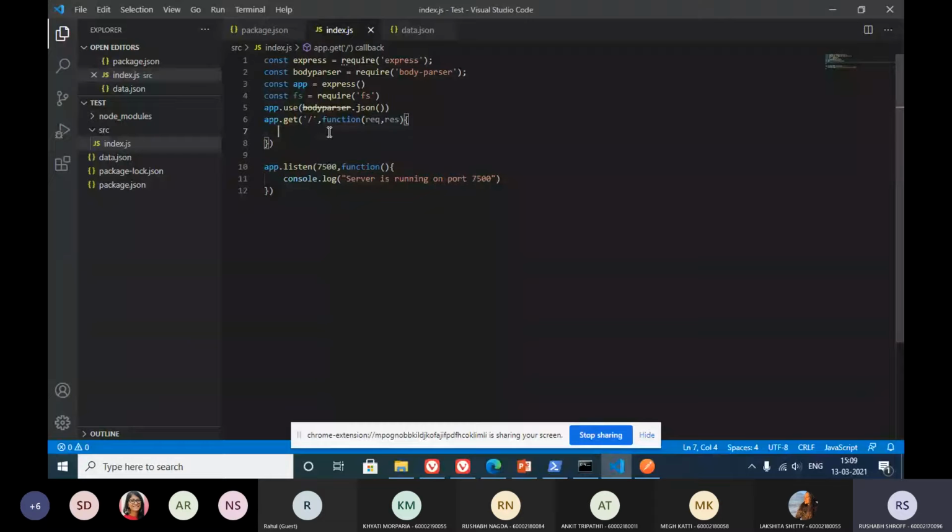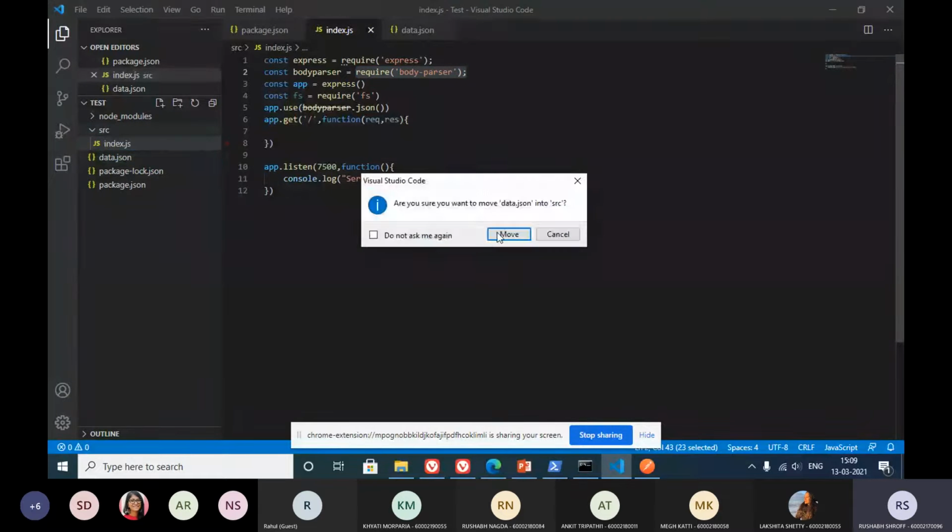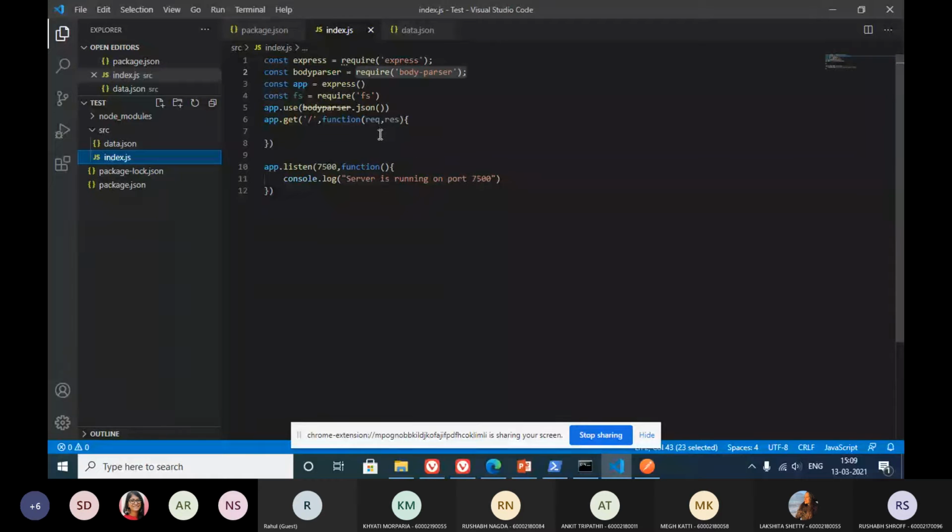There's another way also. By using this require method, you can require JSON files, but let's say our file is not in the form of JSON, it is some other form that is not possible to import using this require method. So we can use this fs module to read that particular file. So what I'll do is move this file inside our src folder, and we are going to read that file.